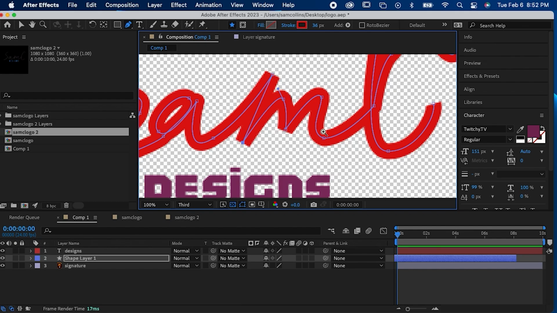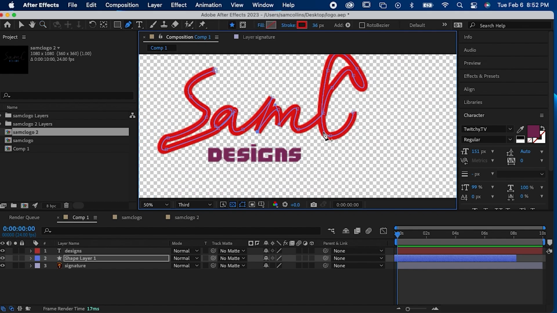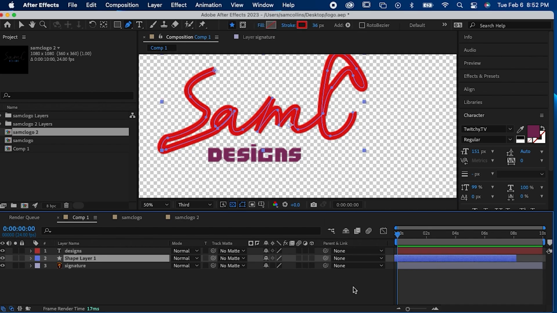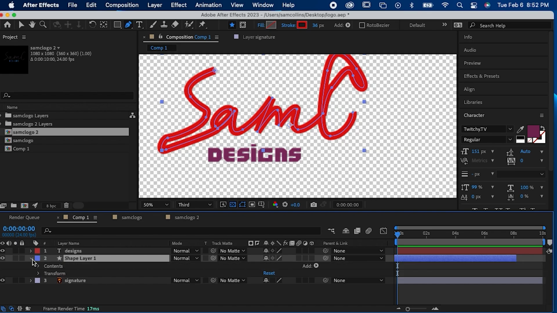Okay, cool. And so we're going to use a track mat to make our signature only show up where this layer is, okay? But we need to control this path. We want to control where this path starts and ends, okay? That would be the trim. We want to be able to trim this path, to start here or here. We want to be able to just trim how long it is, right? That's the term, trim. I'm using it a lot, and the reason is because that's what we need to add to this. We need to come down here to our shape layer, open up its properties,